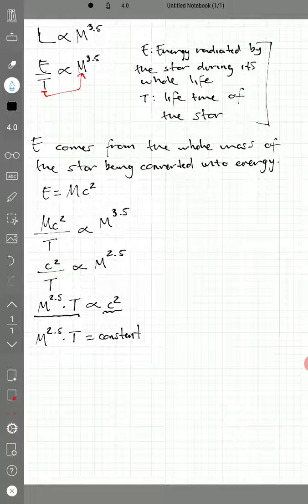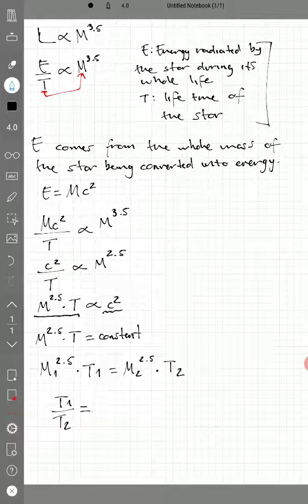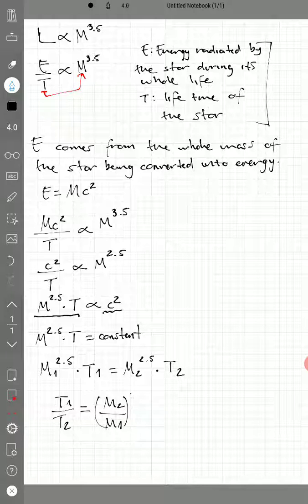So you could actually use this to compare masses and ages of stars. You could easily say mass of star 1 to the 2.5 times lifetime of star 1 should be equal to mass of star 2 to the power 2.5 times the lifetime of star 2. So you could end up with something that says T1 over T2 equals M2 over M1 to the power 2.5,